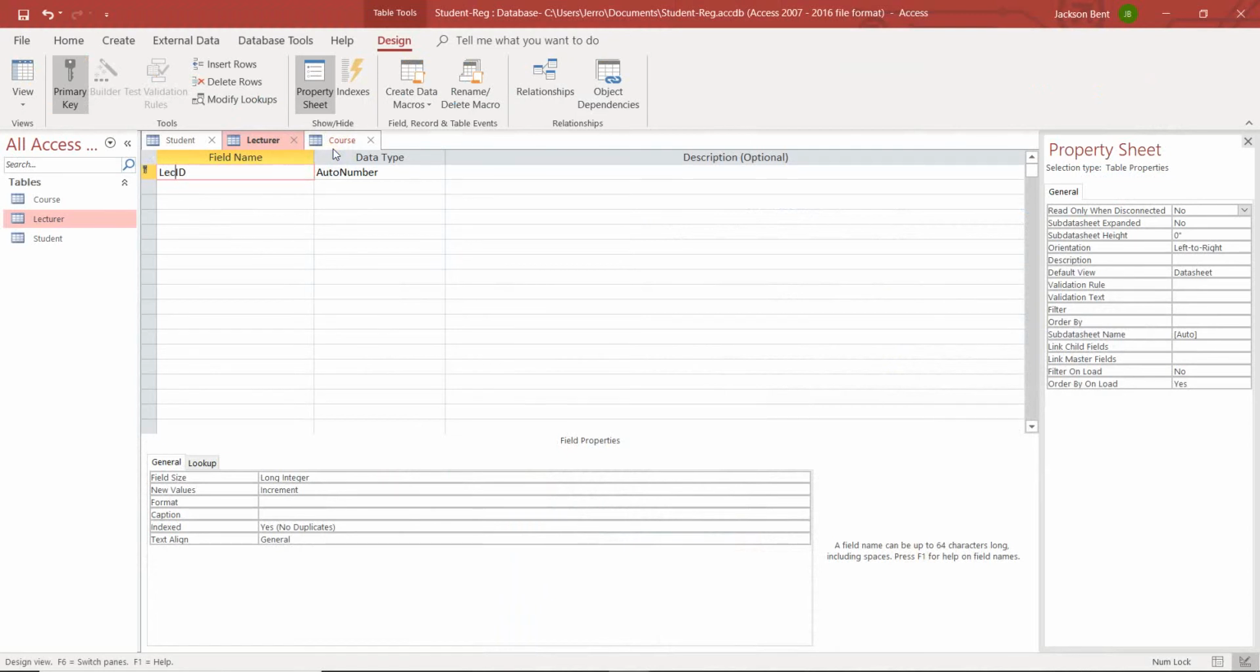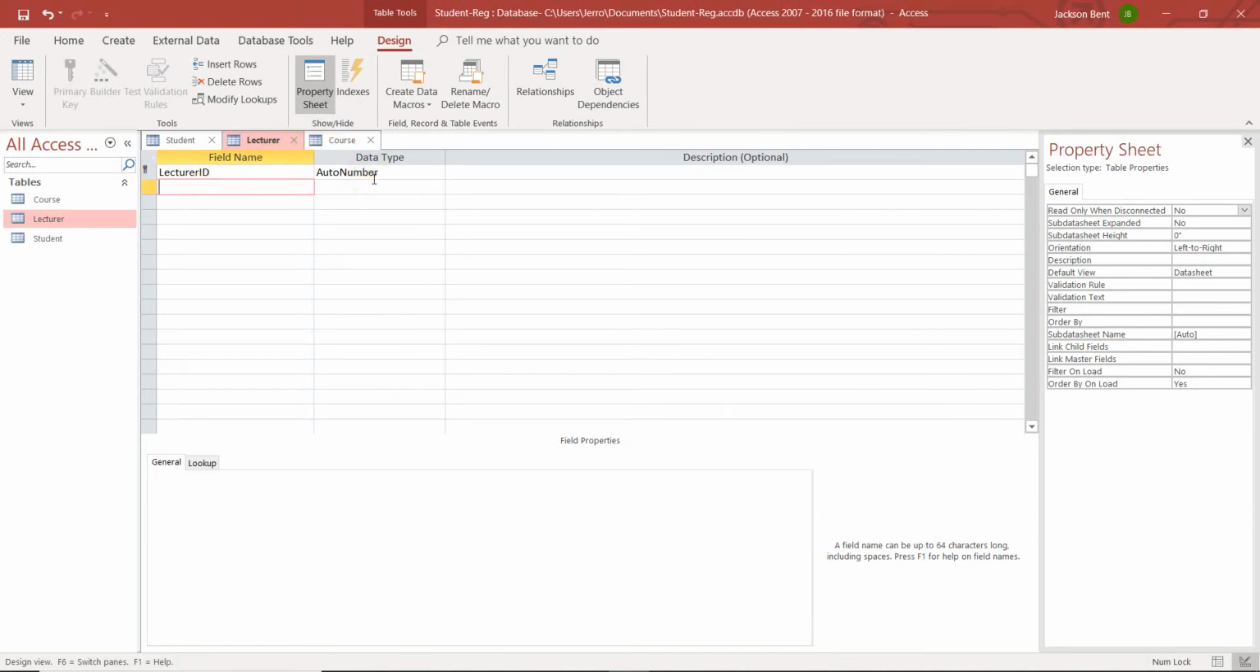So for lecturer, the first ID, the primary key field, will just have lecturer ID. I don't need to space it out. Space it out if you want, no problem. So I'll just put in the names, the fields first. So lecturer ID, then this is lecturer,